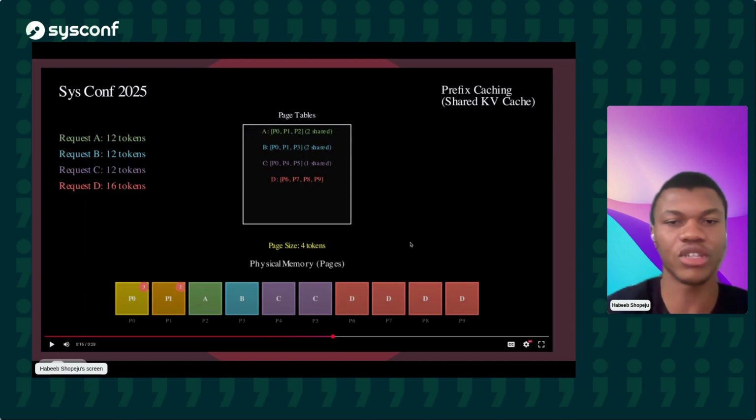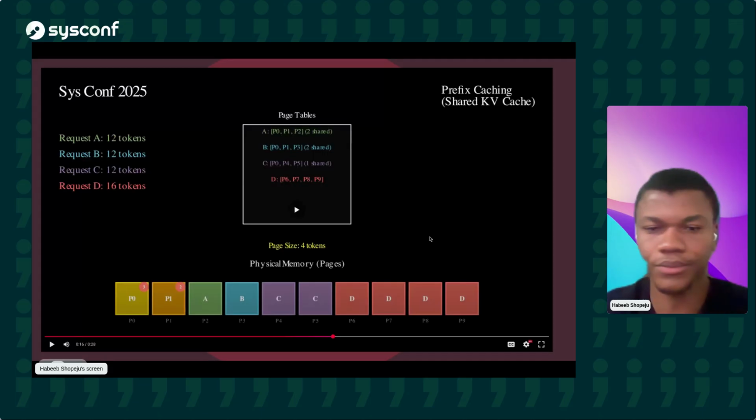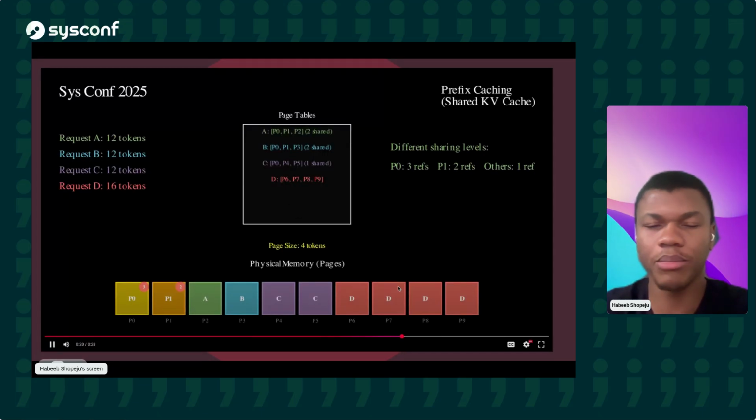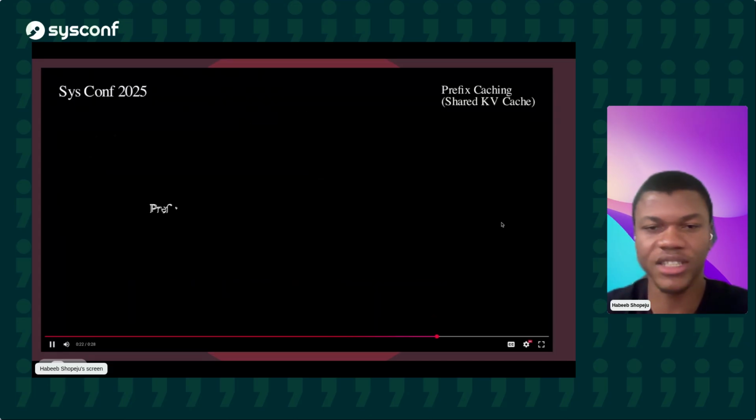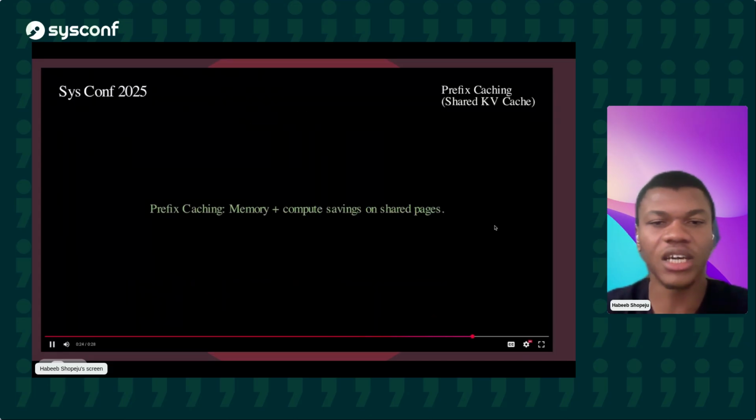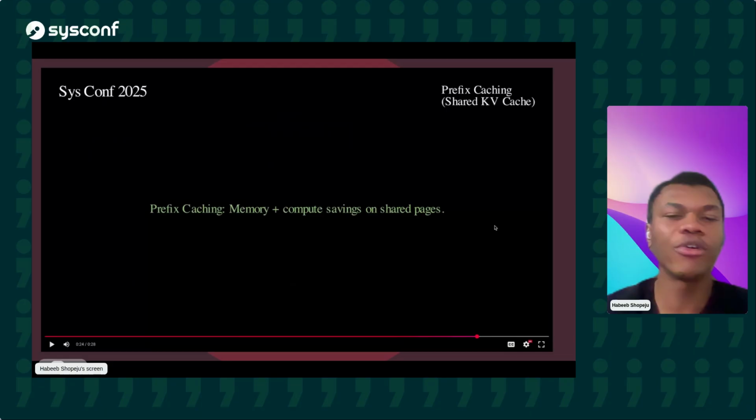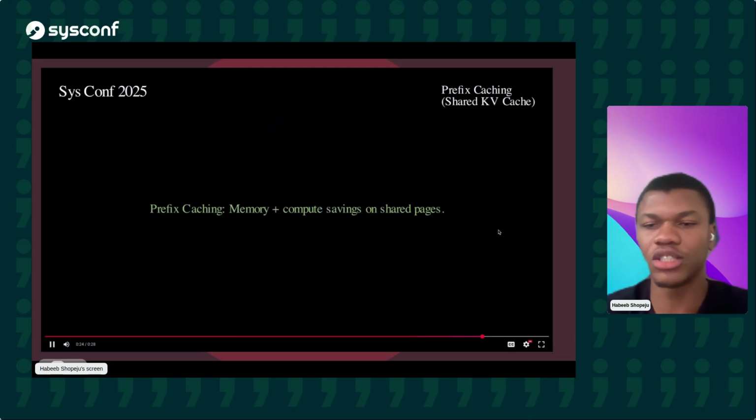This ensures you don't have to run compute for those, and it makes it much faster. You don't have to do the data copying between high bandwidth memory and the cores anyway. So that's good. Request D has a unique prefix, so it's taking up the rest. So prefix caching means memory sharing, plus compute savings on shared pages.